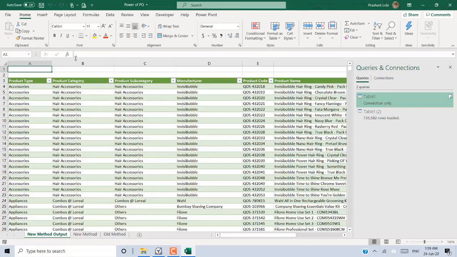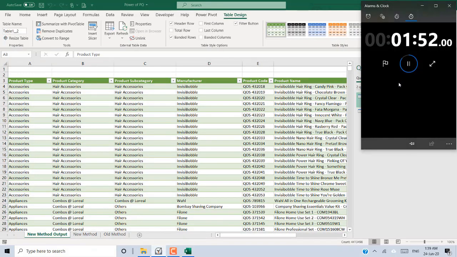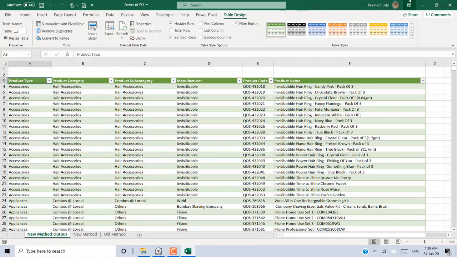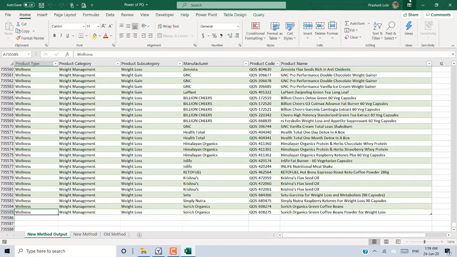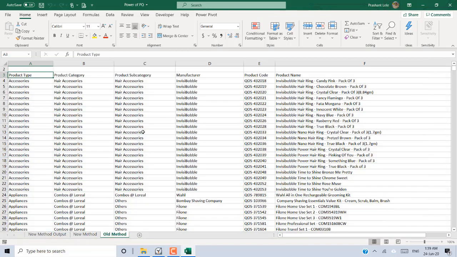So in the new method, my new table has come, and it has taken me only almost 2 minutes. I am stopping. So 2 minutes compared with 17 minutes, my dear friends. See, my table is ready, with all the filled cells, exactly like we did in our old method. Okay, so this is the power.